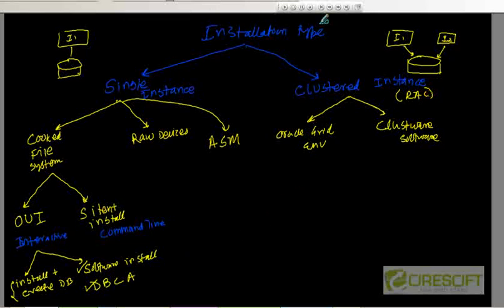So these are all different combinations, and believe me, these are not the only combinations. You can also have very detailed ones. If I go to raw devices, what kind of raw devices am I going to use, and then it's going to be another installation type. So in this set of videos, I want to cover the basic things. That means I'm going to cover this part completely,